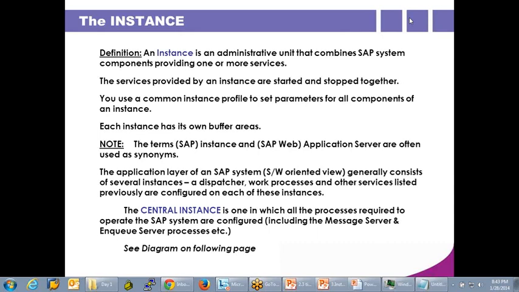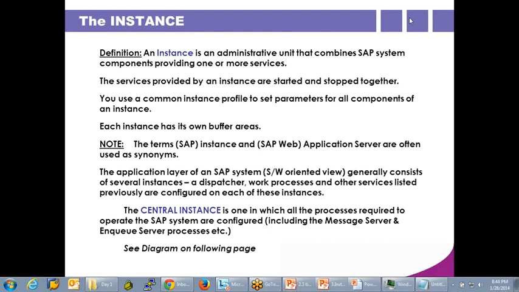That means dispatcher is stopping, work processes are stopping. If you are starting, you need to start dispatcher and work processes. So I can't say that dispatcher is started, work process is stopped, so my SAP is up. I can't say. Both should come up, on each and every instance. So combinedly we will start. Anyway, we will discuss clearly in the start and stop class, including the Unix commands and all.